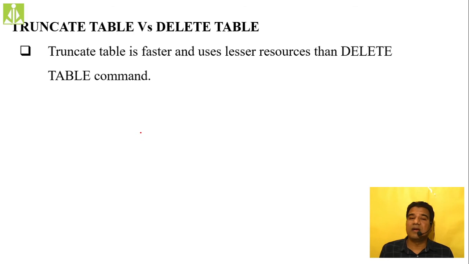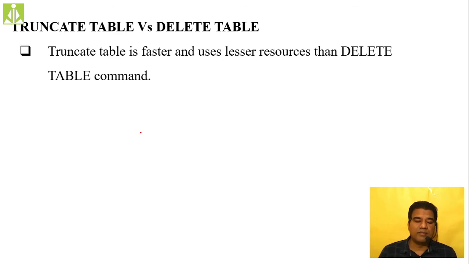And there is other backup-related stuff that will differ between the delete and truncate commands. There are some advanced SQL commands, and at that stage you will understand. So at the basic level, simply remember that the truncate command is faster when compared to the delete command, and it uses fewer computing resources inside your computer. But whenever we use the truncate command, we have to be sure, because the changes we make using this command are auto committable. Auto committable in the sense that even if we insist, we cannot roll back the changes we have made with the help of the truncate command. Those changes will be saved without your consent. Remember that.